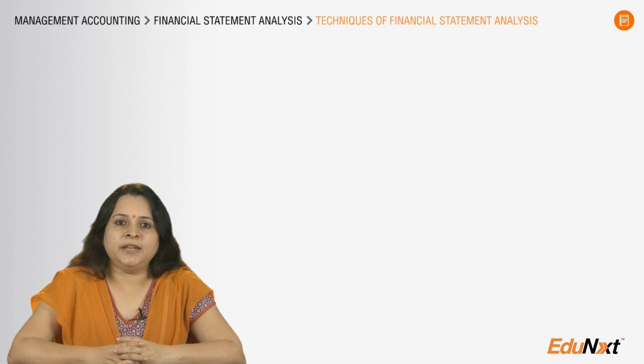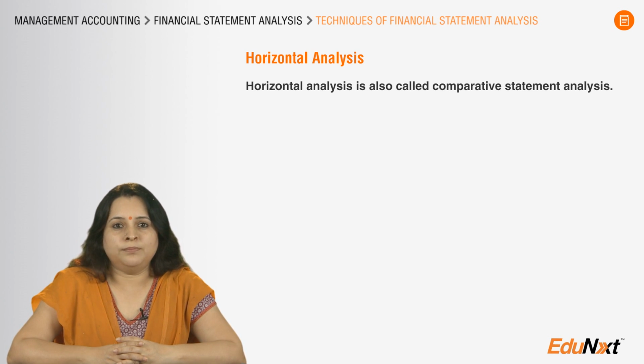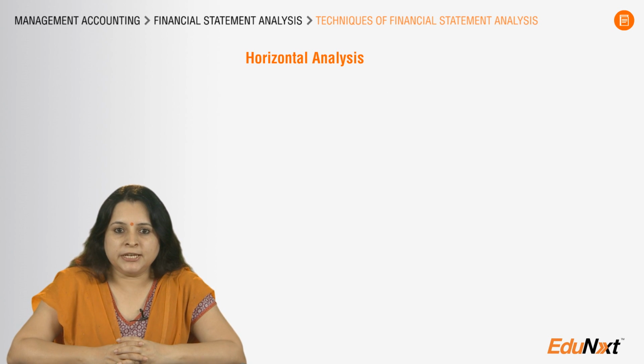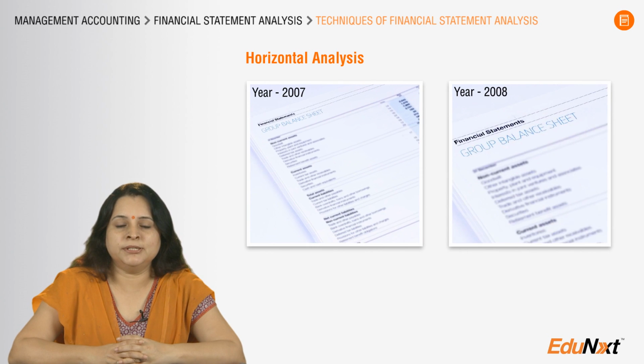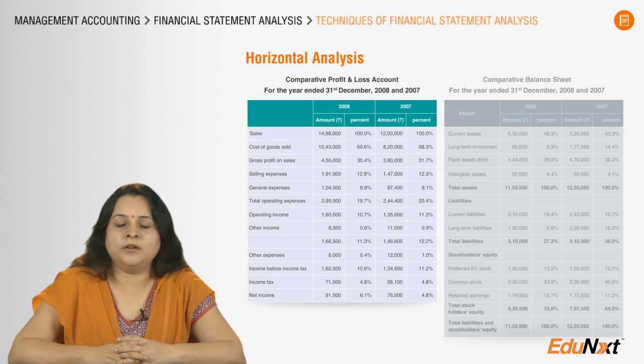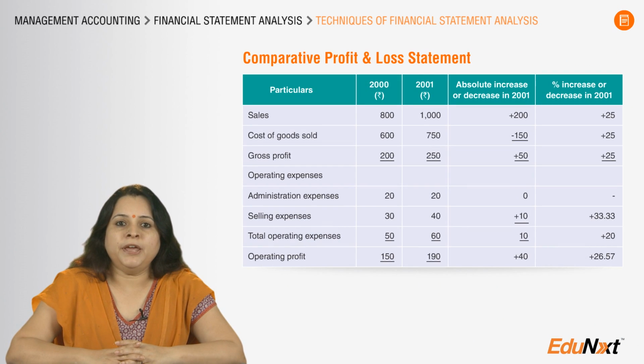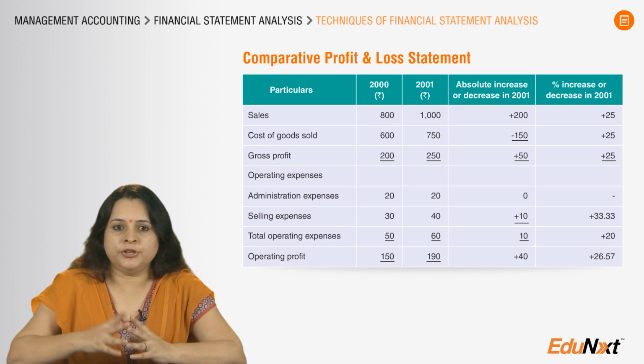So, the first technique for analyzing financial statements is what is known as horizontal analysis. This is also popularly known as comparative statements analysis. In this technique, two or more financial statements are placed side by side to facilitate comparison. Both profit and loss account and balance sheet can be prepared in the form of comparative financial statements. Now, the comparative profit and loss statement on your screen